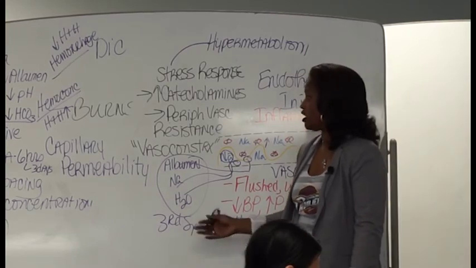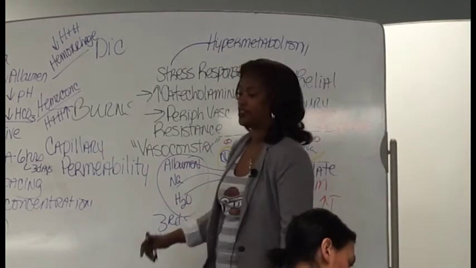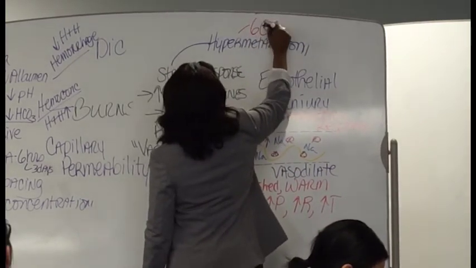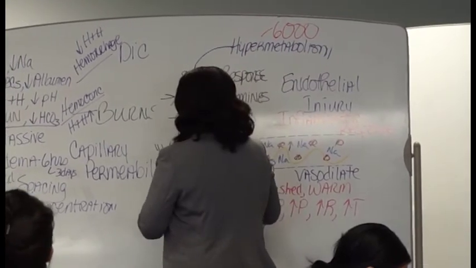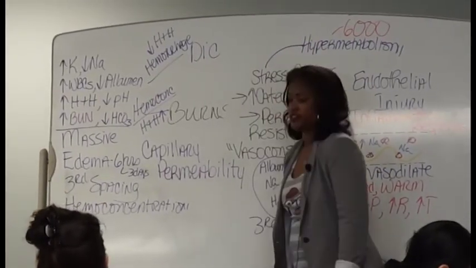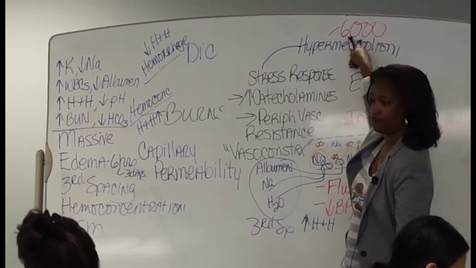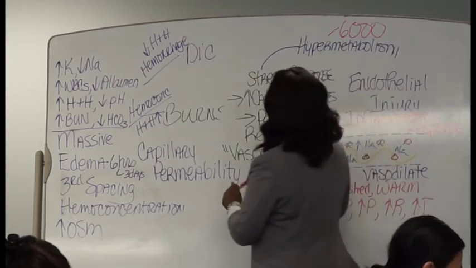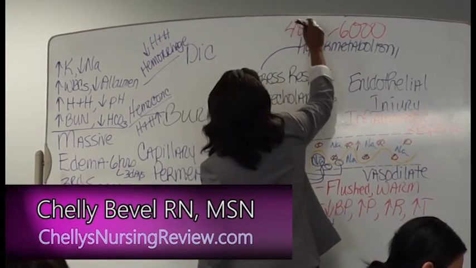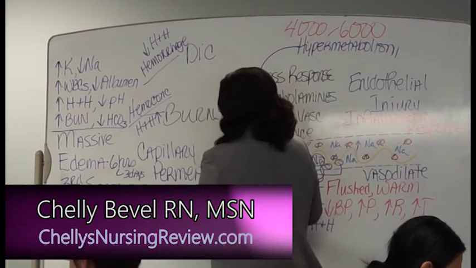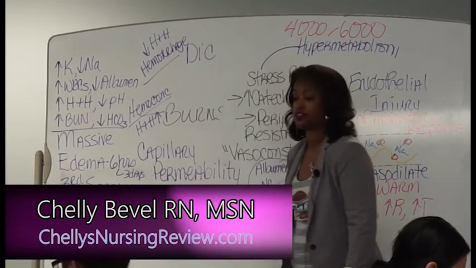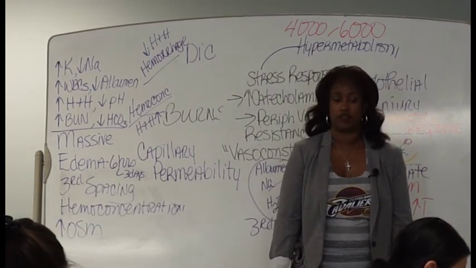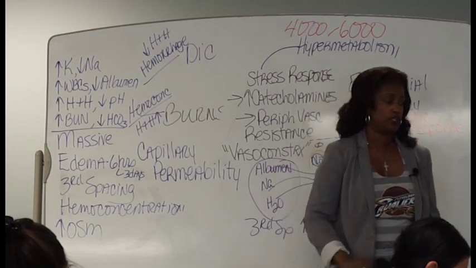They are hypermetabolic, so they take 6,000 calories of food. And they are always very tachy because of the hypermetabolism. They take 4,000 to 6,000 calories. Let me put that in perspective. Even if you're a glutton, you only eat about 2,000 to 3,000. This patient needs 4,000 to 6,000. That's eating 6 times a day with snacks in between that. And they don't want to eat either, so you gotta give them supplements like Boost and Ensure and all this other